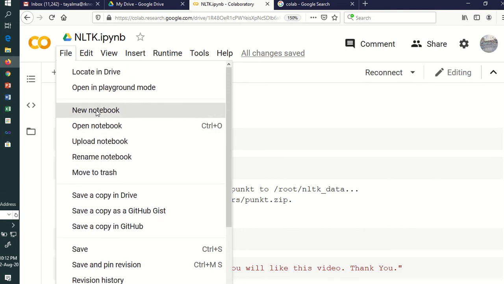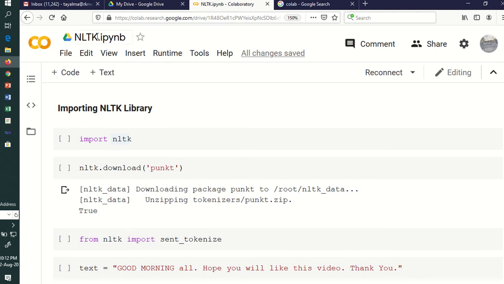Once you click new notebook, you'll have a new file. Open that file and give any name to it. I have renamed it as NLTK. By default, the name of the file will end with .ipynb, where NB stands for notebook. Now you can start writing your code here.